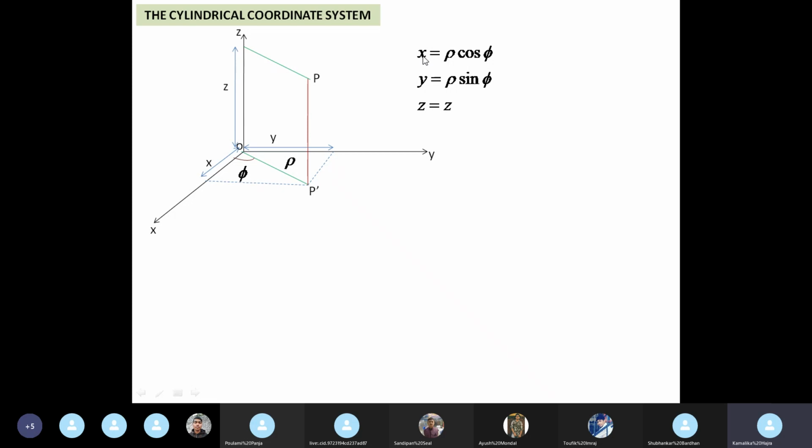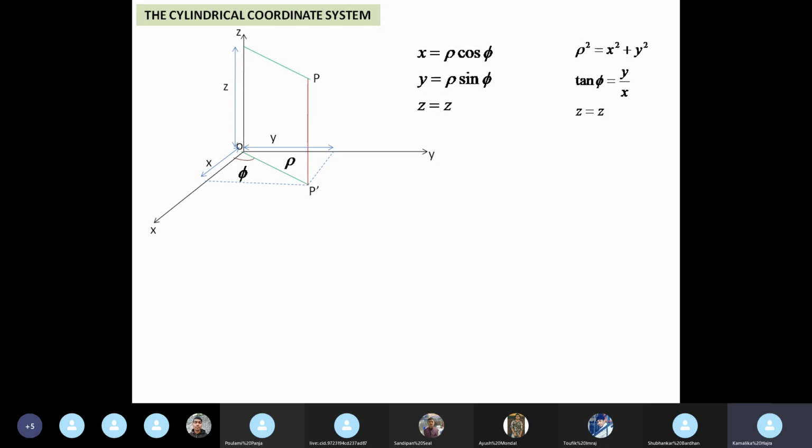Okay. On the other hand, from these, so what have we done here? We have expressed x, y, and z, the Cartesian coordinates, in terms of rho, phi, and z, the claimed cylindrical coordinates. We still do not know whether we can actually set up these as a coordinate system. We don't know the surfaces yet. We don't know the axes yet. We don't know the unit vectors. We are trying. Okay. We are checking out whether we can do this.